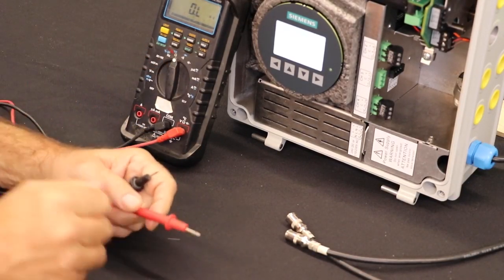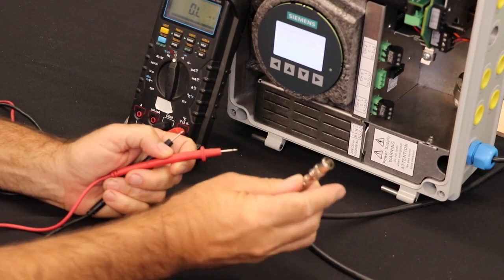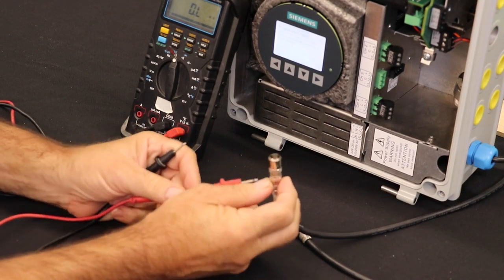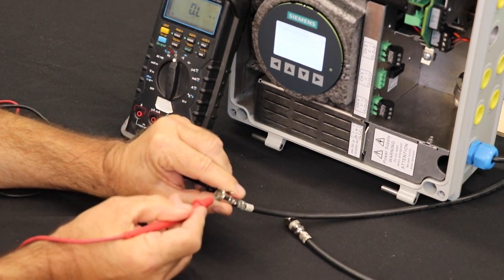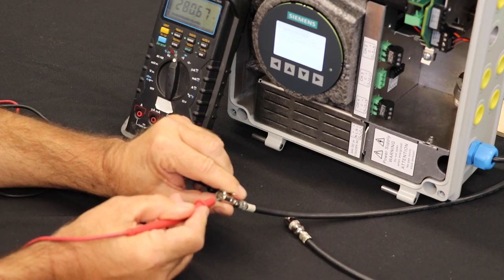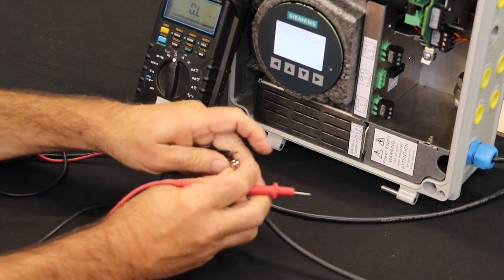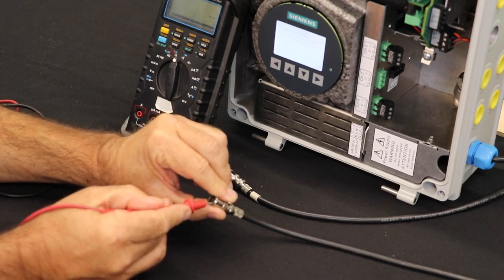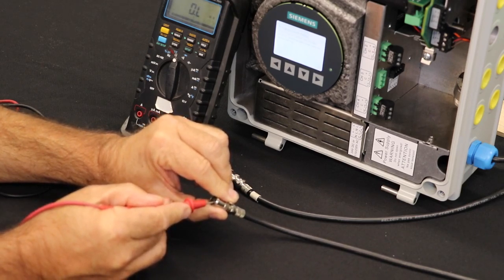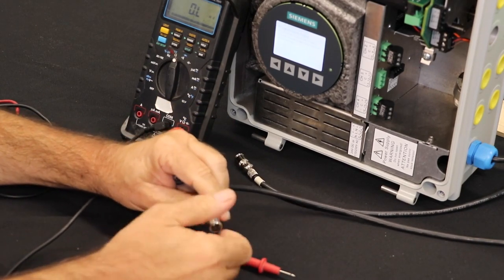set your ohm meter to ohms, if you have slip-on connectors, measure from the outside of the slip-on to the center pin. This reads 280 ohms. Let's check the other one. And this reads open. There is a possibility that the slip-on connector is bad,